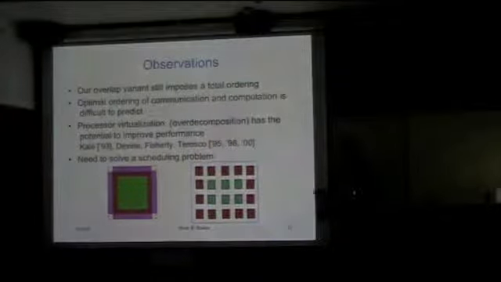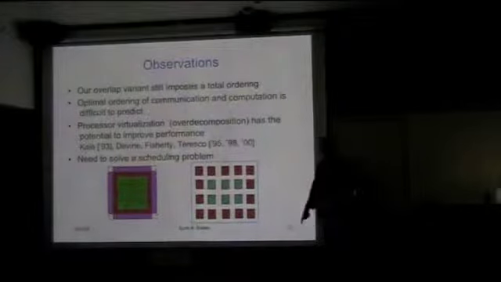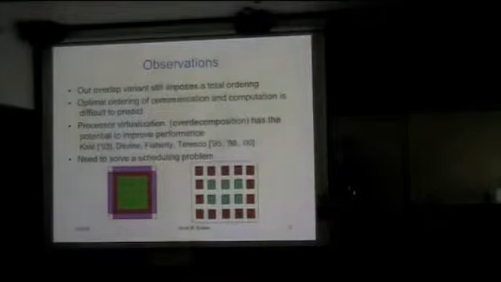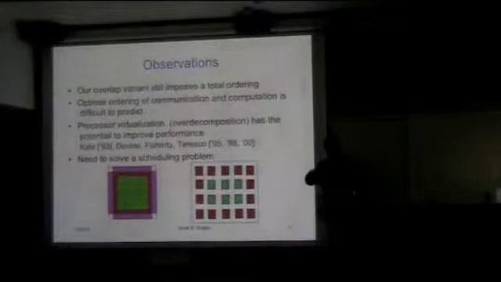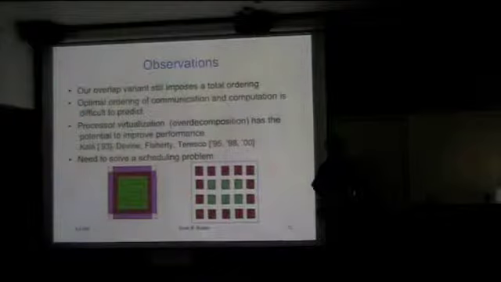In particular, the green guy over there, say in that corner, in the middle there, only has to depend on that one red guy if we're using a 7-point stencil in 3 dimensions. And I've exaggerated here. Really, that green region is much, much larger. So there are actually pieces on the interior that don't depend on any red guys at all. Right? And also it turns out the optimal ordering of communication and computation, if you take them together, is